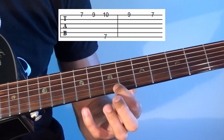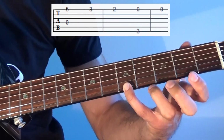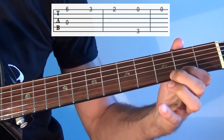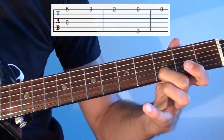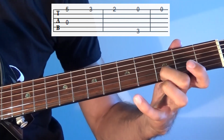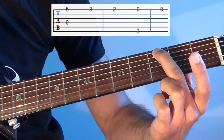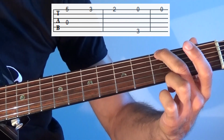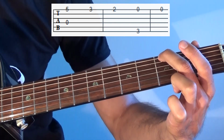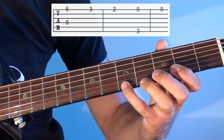After that, you get the pinky to the 5th fret on that E string there. Play that with a D string open, 5, 3, 2. With that open D string. And that middle finger goes to the 3rd fret on the low E there. And we're going to play that with a high E string open. So we have